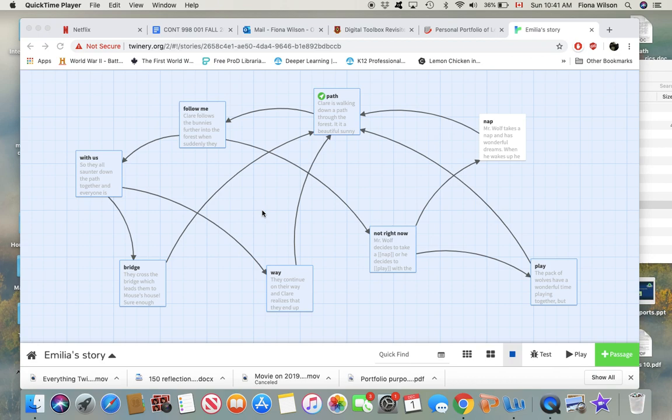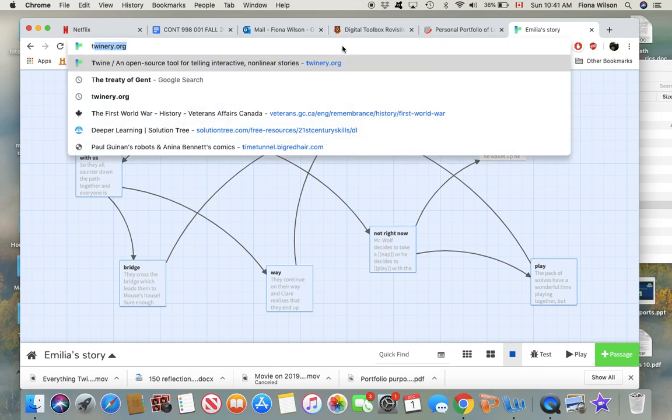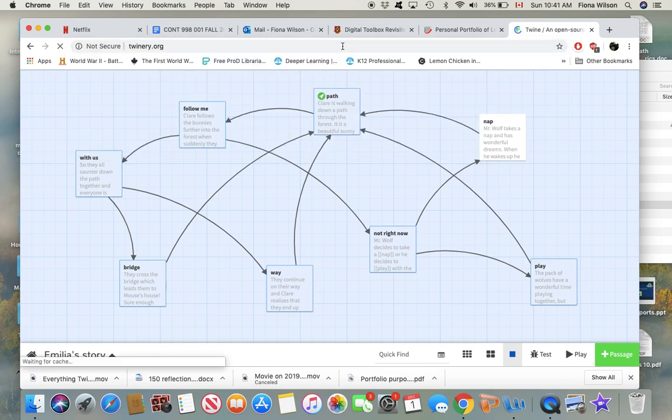Hello again. I am going to show you how to create a Twine video, add a little bit of coding in there to make it look nice, and tell you how it hits the higher levels of the SAMR model. So to start, you would go to twinery.org,